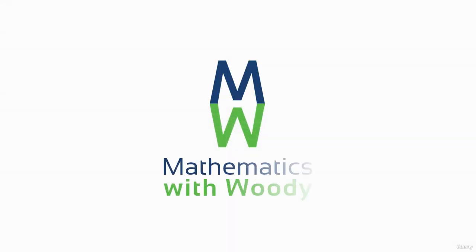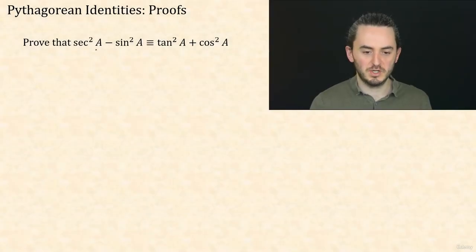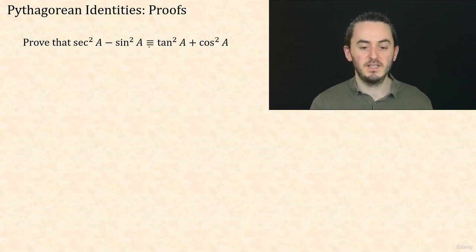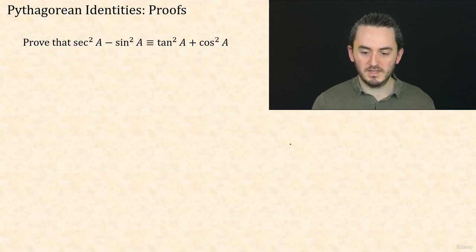In this video, we're going to look at proving identities. Now, we've already looked at proving some identities, but now we're going to prove identities that involve using our new Pythagorean identities. Let's have a look. All right, so here's what we're trying to do. We're going to try to prove that sec squared a minus sine squared a is identical to tan squared a plus cos squared a. Before I get into solving that, I'm just going to write down my three Pythagorean identities,